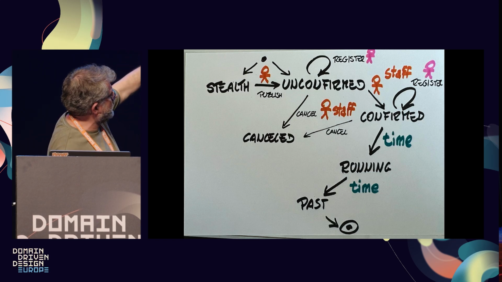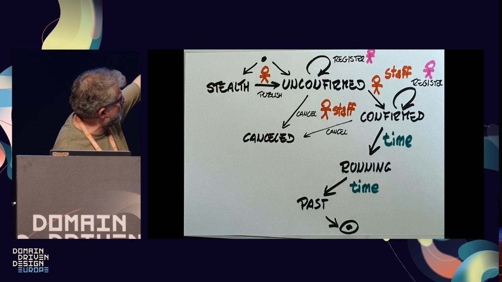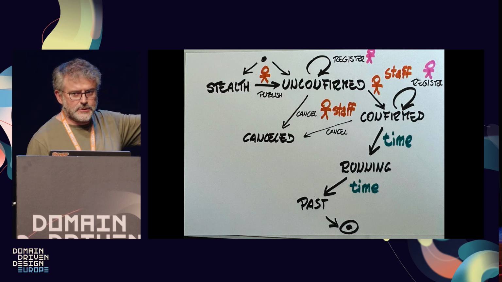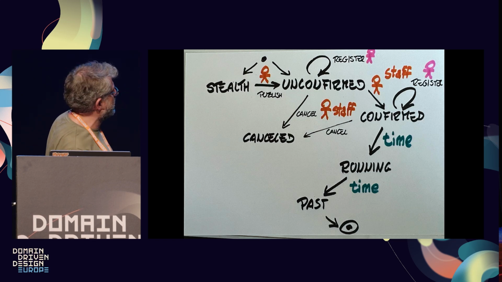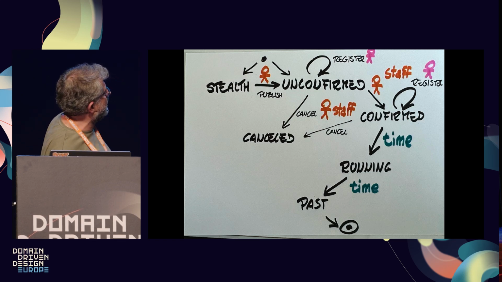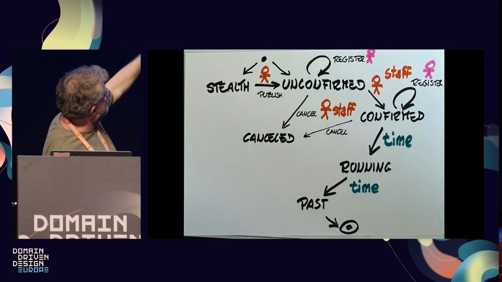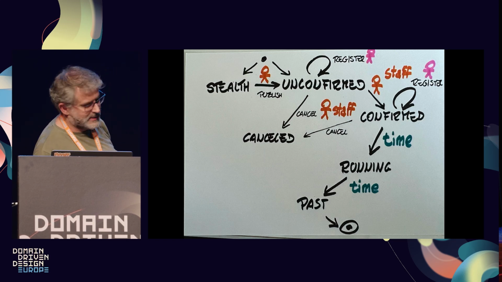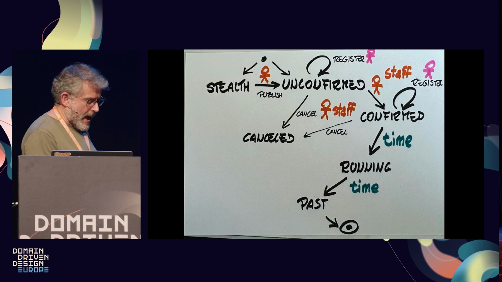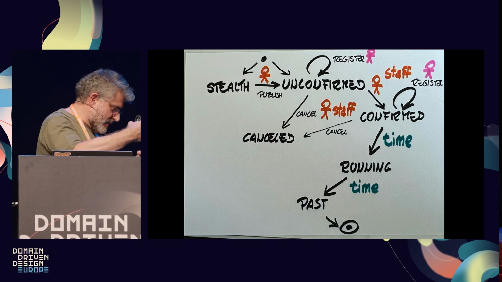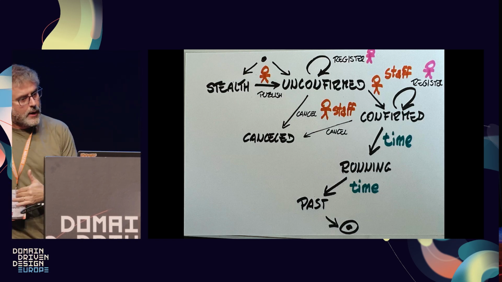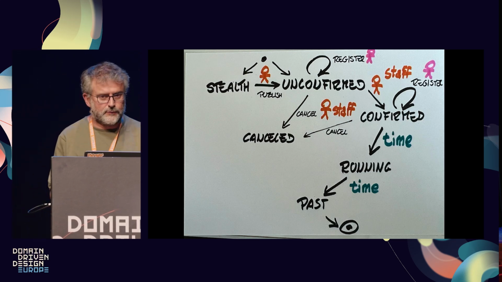But the thing which is interesting, like from confirm to running to past, the actor is time. Nobody makes a decision. It's just time is the only actor. So it's moving on the time coordinate. From unconfirmed to confirm or cancel, these are operations coming from the staff. So it feels like it changes for another reason. And the registrations are coming from external users and purchases, so it's possibly a different axis.